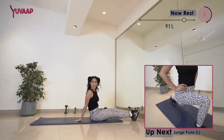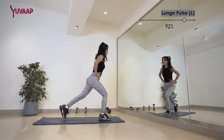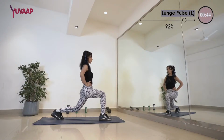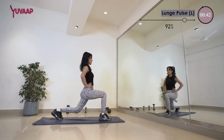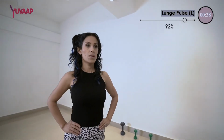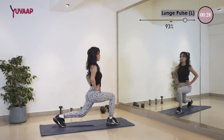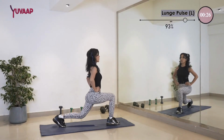Now next is lunge pulse. On the left side, the left leg back and then we are pulsing. The right leg, make sure the position at the knee is perfect, 90 degree, core engaged. Keep breathing, glutes engaged. Try to feel the pressure in your glutes, in your thighs, in your hamstrings. I know we are all sweaty, but